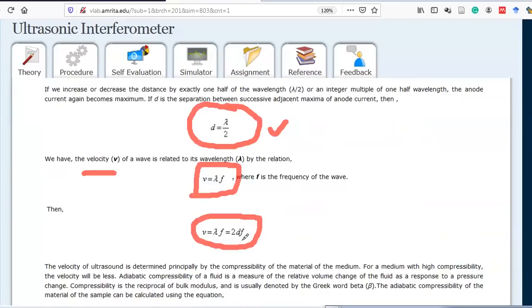Frequency is always given, you can always set it. So the only remaining parameter will be d. What is d? d is the thickness, d is the distance. I mean, d is the distance of the micrometer which you are going to rotate. So that micrometer distance you have to note down in the readings, and if you place it in the formula, you will get the value of velocity. Fine. Another parameter is there, let me go to that also.